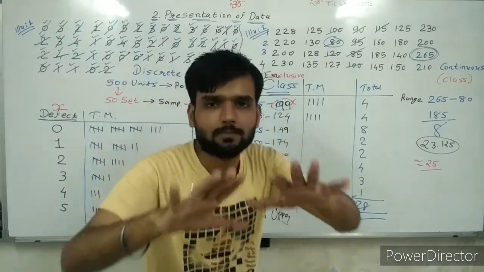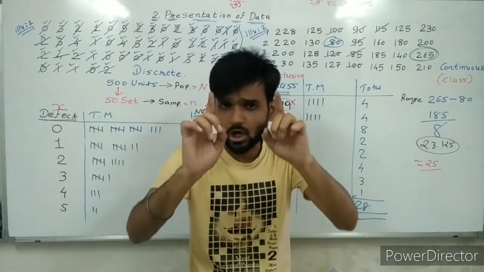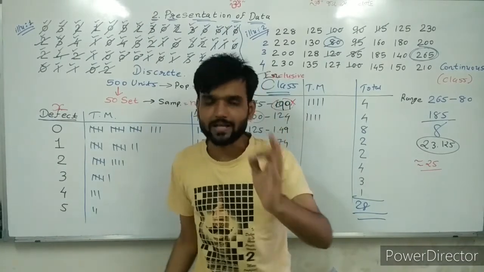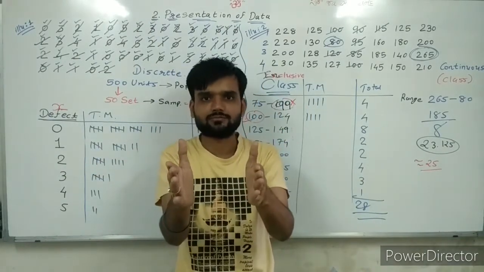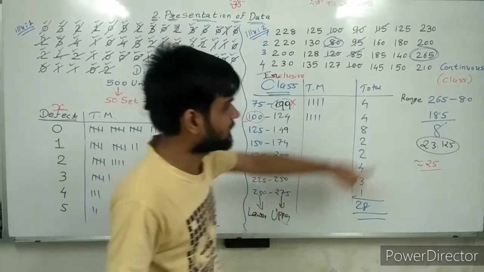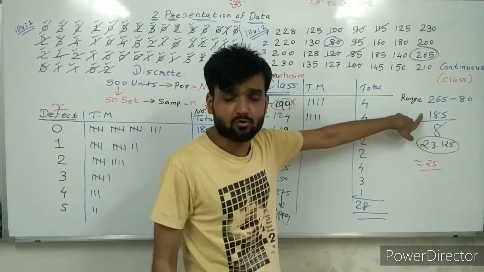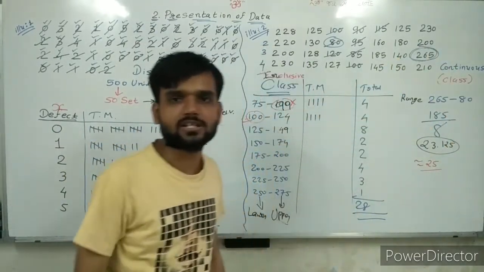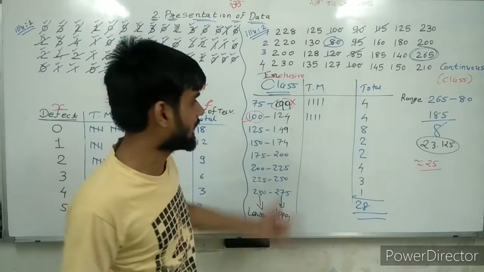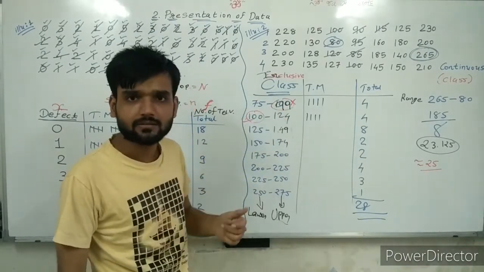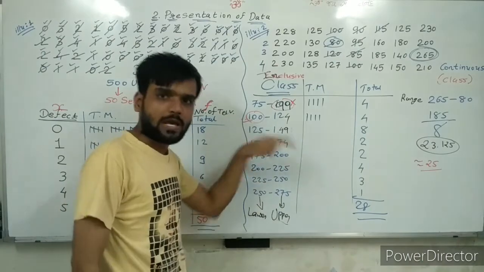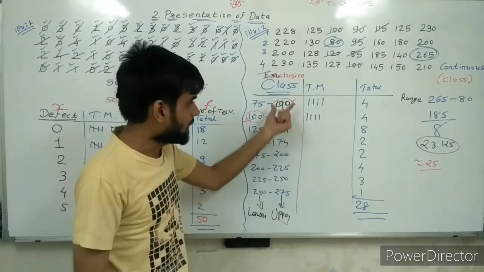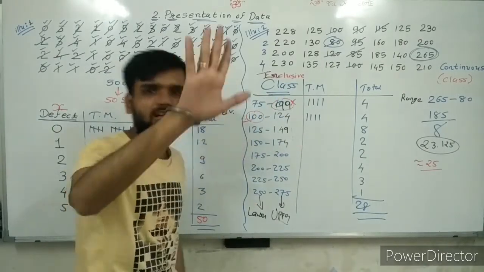So here we are completing our lecture. What we have done: first, discrete frequency distribution means perfect values where the range is short. If a large range is given, a big value of range like 185, then we have to make classes, and classes means continuous frequency distribution, and continuous values are taken between 75 to 99. So inclusive, exclusive. If the upper boundary is not included, then exclusive. If the upper boundary is included, then inclusive.